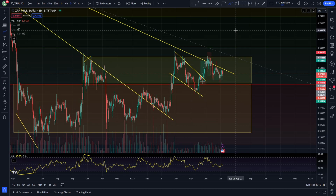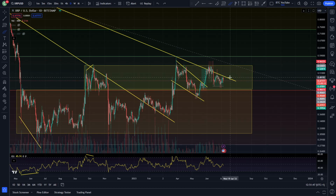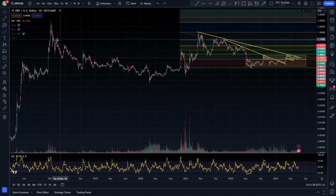I do think that most cryptos really are due for a little bit of a breakout to the upside after being under this resistance for so damn long. A lot of them are forming up like this, or moving in descending wedge patterns, which a lot of altcoins are as well. But I do think right now for XRP in particular, with the SEC lawsuit against Ripple Labs as well, we are seeing a large amount of suppression, just like we have really for the entirety of the bull market. You can see here XRP was really starting to have a curve bottom like this. We obviously had started to make a move here, and then the SEC case happened and absolutely massively capitulated the price